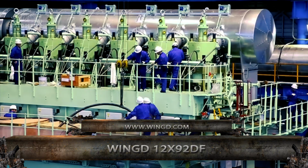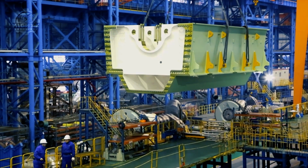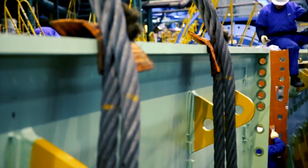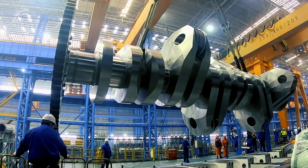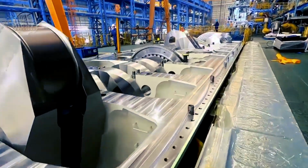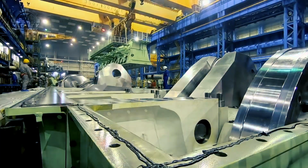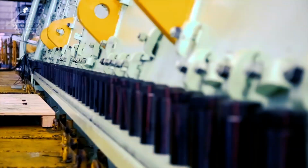First on the list of processes you shouldn't miss is the assembly of the WinGD 12X92DF. In this video, you can see how hard the engineers are working just to assemble this unit. To give you an idea of how huge this is, it's reportedly bigger than any average house and weighs about 2,100 tons. This is also known to be the biggest two-stroke dual-fuel engine, designed for modern large and ultra-large container